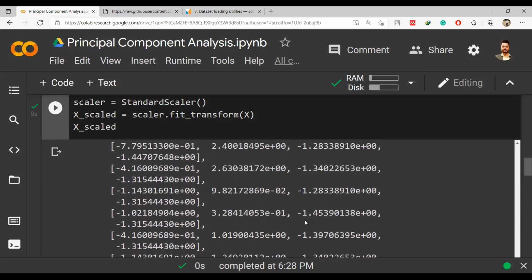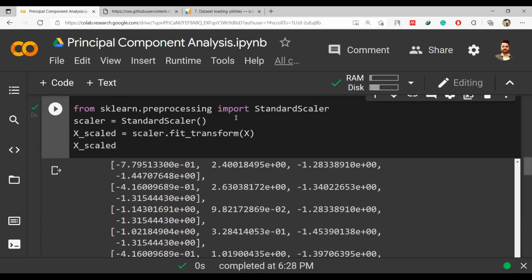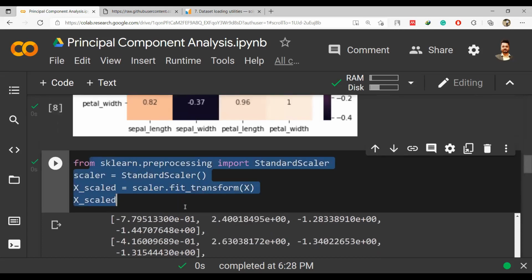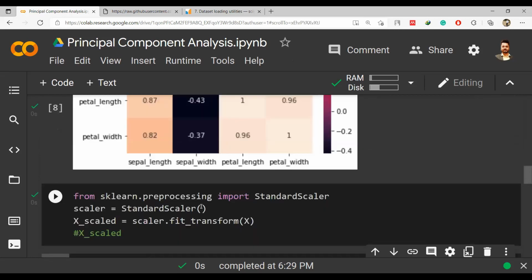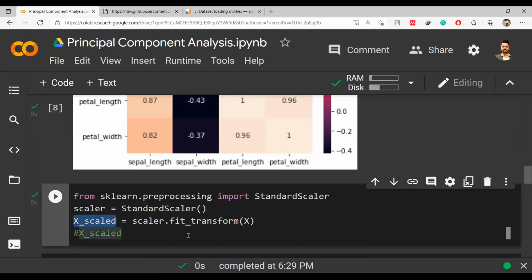There has been some transformation, and we have done it with these 3-4 steps, right? Only the first 3 steps. The fourth step is only for printing and checking how the numbers look after the transformation. So yeah, this has been saved into x scaled. So we will be using the x scaled version now to calculate the next step.